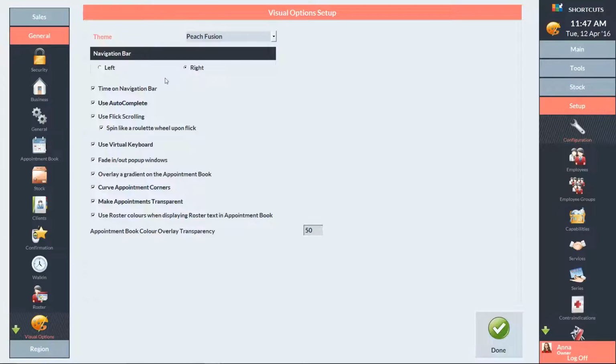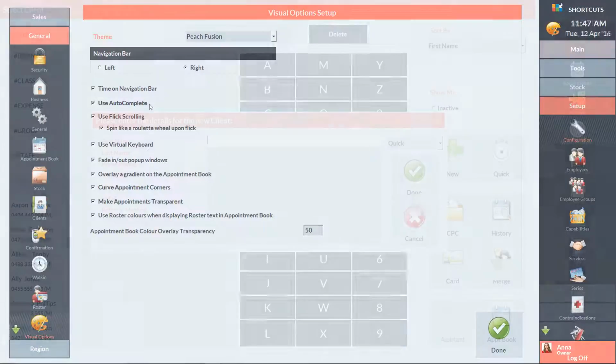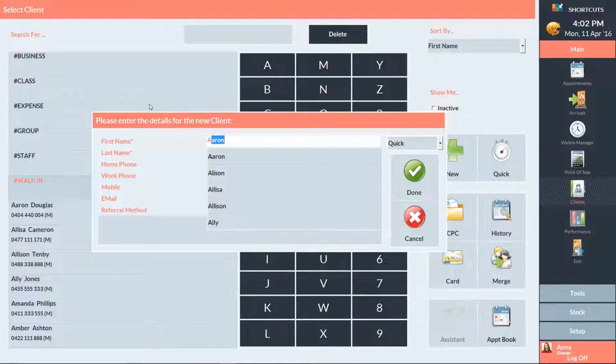Tick this box if you want the time to be displayed in the navigation bar. If autocomplete is ticked, Shortcuts will give you suggestions when you're adding a new client. As you're typing in their details, a pop-up box will appear allowing you to select a possible match based on